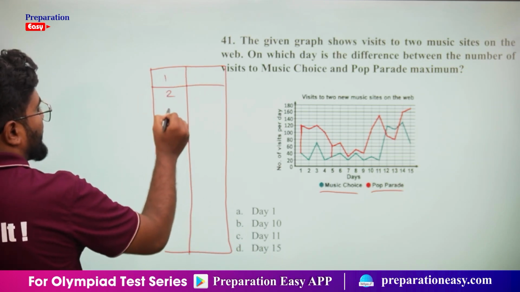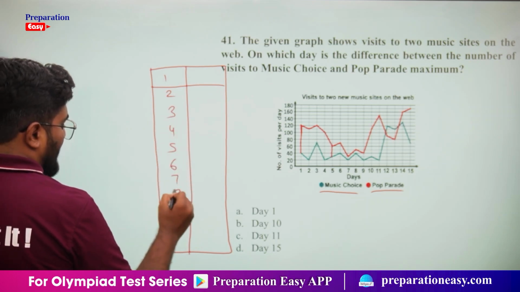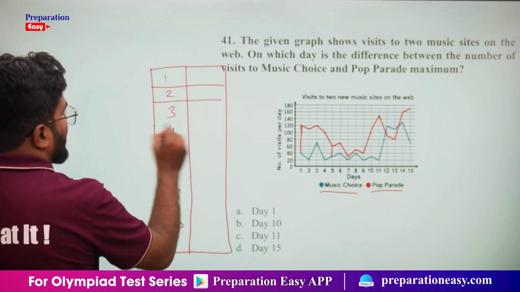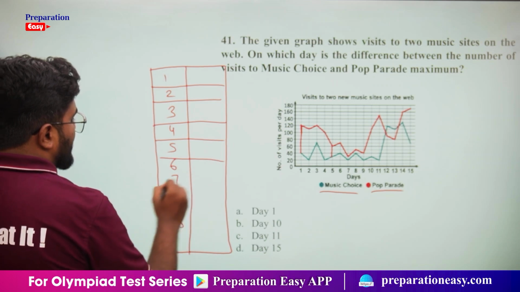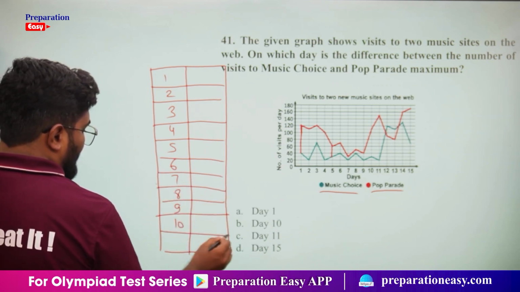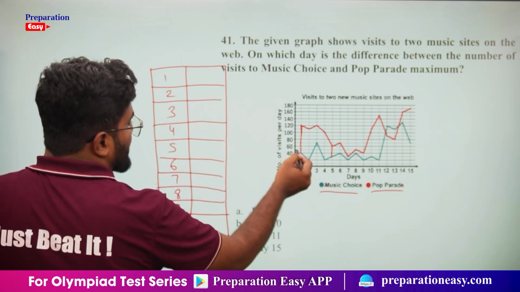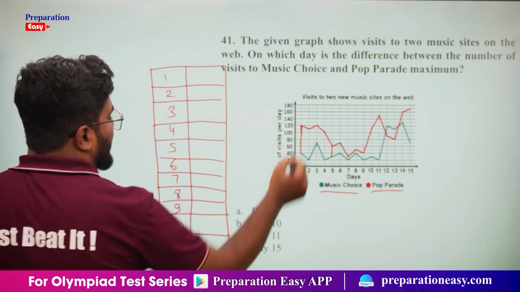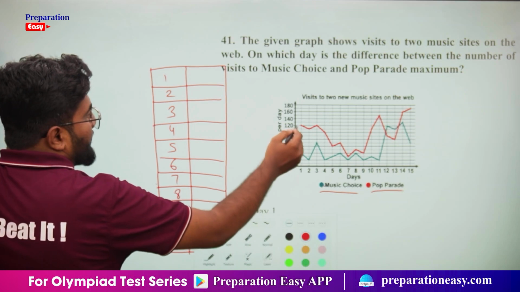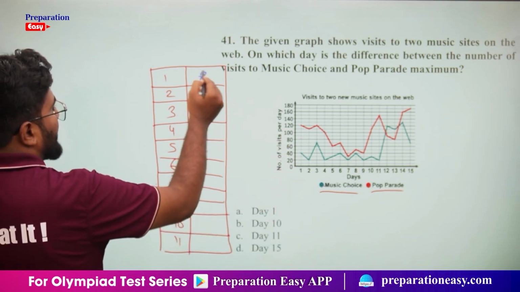Day 1, 2, 3, 4, 5, 6, 7, 8, 9, 10. First we will check for the first 10 days. On the first day, music choice is 40 and pop parade is 120, so the difference would be 120 minus 40, which is 80. On the second day,